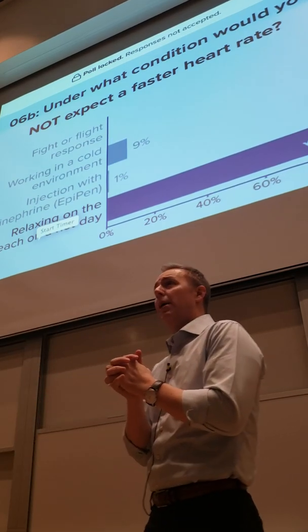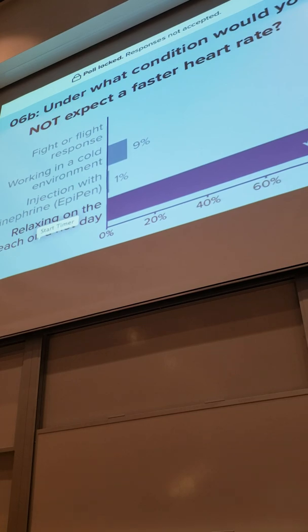Working in a cold environment, what's going to happen there? Increased production of thyroid hormone, right? Thyroid hormone responds to maintain homeostasis of your body temperature. That's one of the things it does, right? So in a cold environment, it's going to raise metabolic rate in order to keep your body warm enough. But on the heart, what's it going to do to those cells? Increase sensitivity, increase the number of beta 1 receptors. Okay. Epinephrine, this is part of the fight or flight